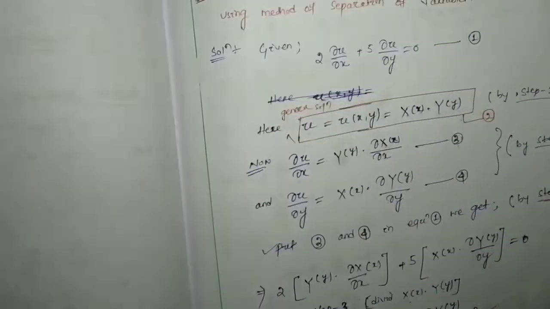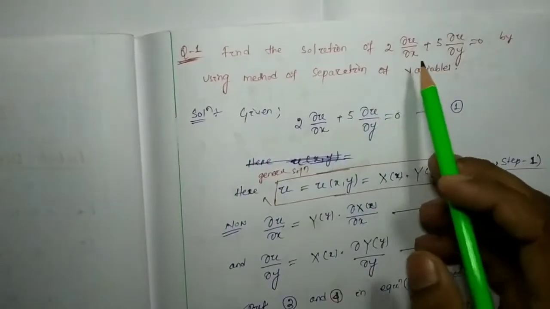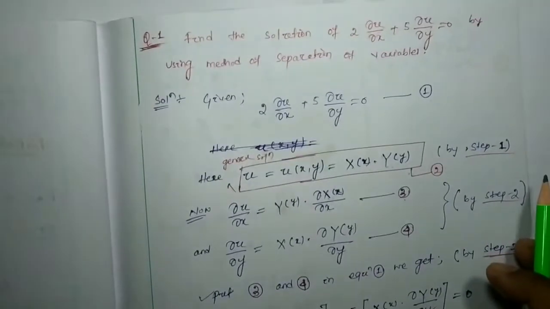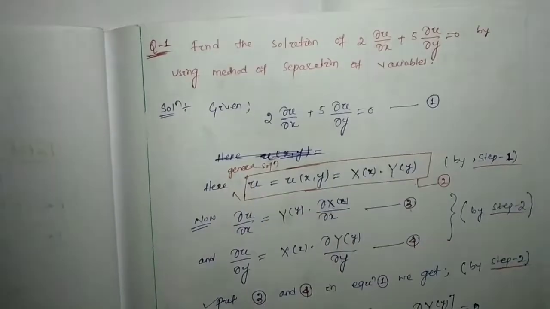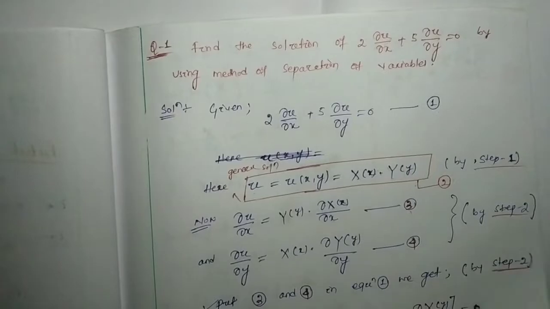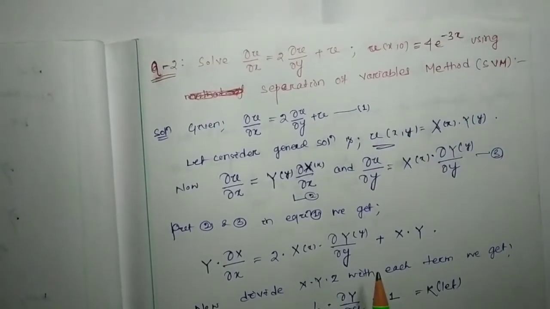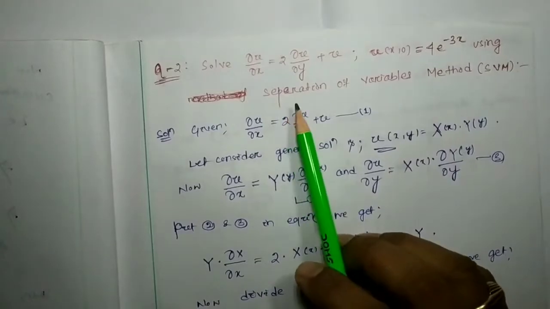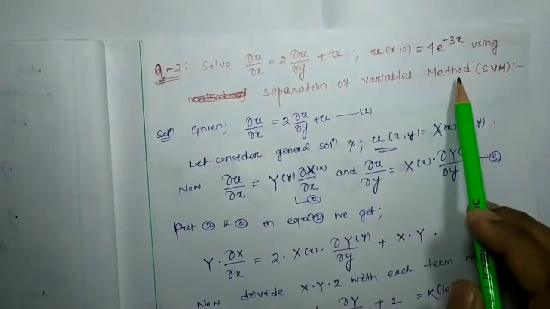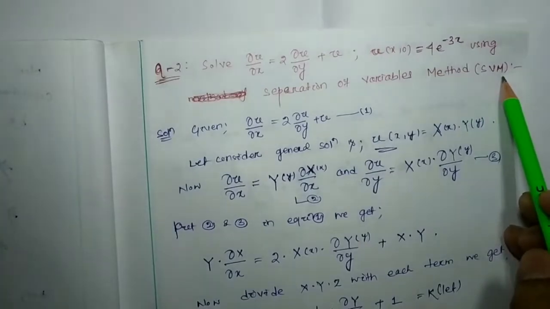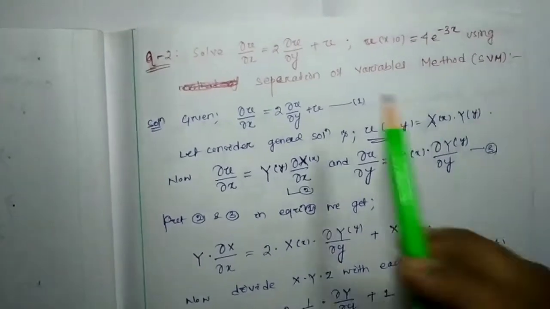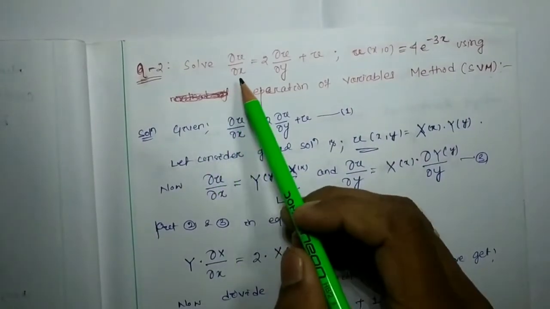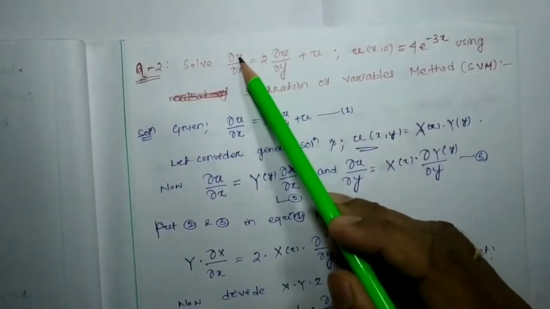Last class we also discussed a question by following the steps, and in this class we are going to solve a few more problems. So this is the second question that we have to solve by using the separation of variables method. In short, I have written SVM instead of writing separation of variables method. Here the partial differential equation is